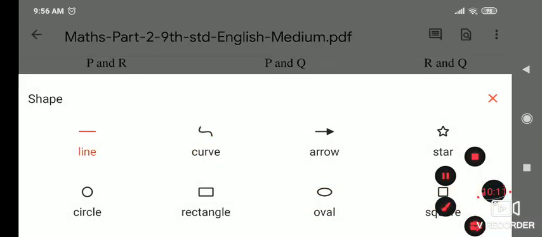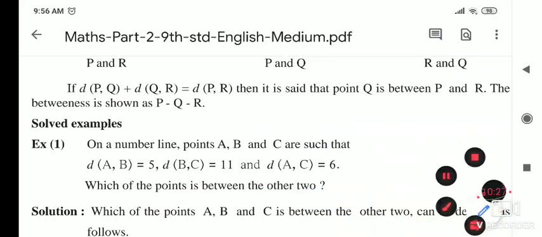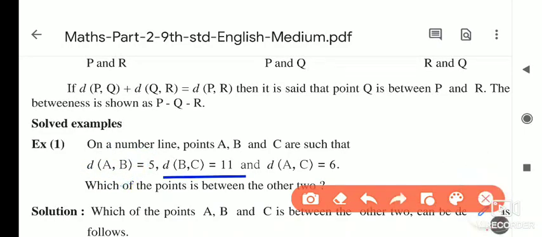Suppose I take these 3 points, this is 1, 2 and 3, and if I try to draw a line passing through these 3 points, then we say these 3 points are collinear, or they are in one line. Okay, so which point is in between the remaining 2? For that, don't think about it, just think about the remaining 2. Which are those remaining 2?